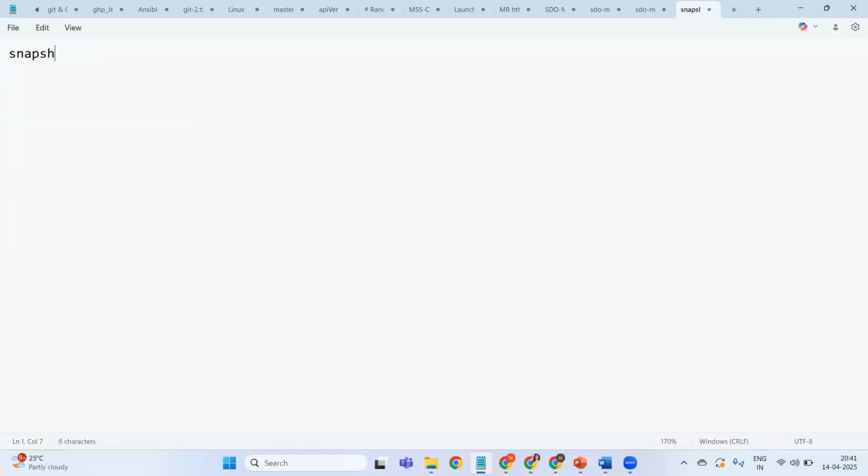Anyone know what is a snapshot? Backup. Okay, backup, a copy of that. Yes, a copy of that. In general terms, everyone takes a snapshot, and